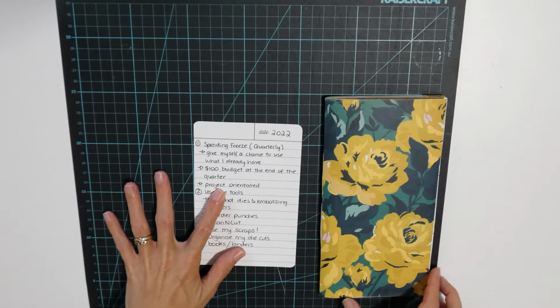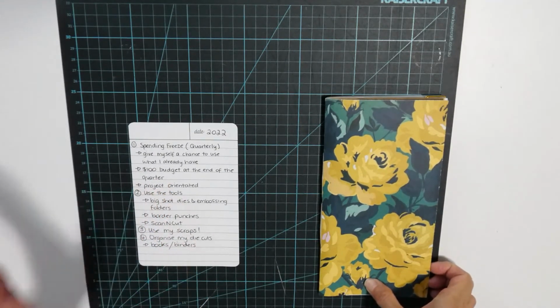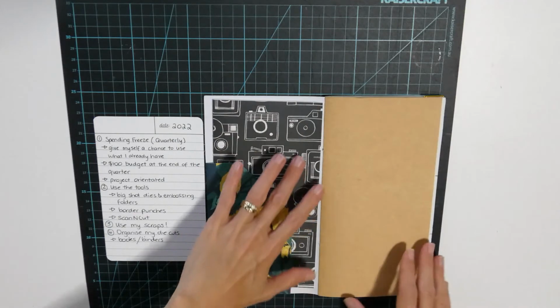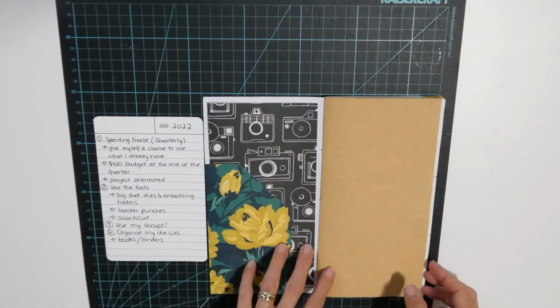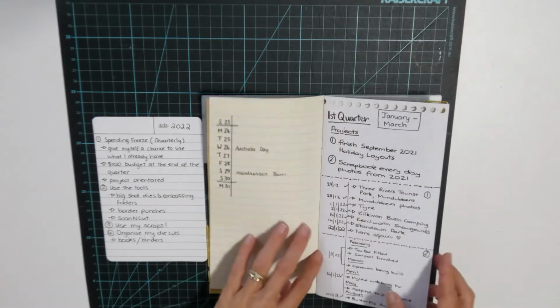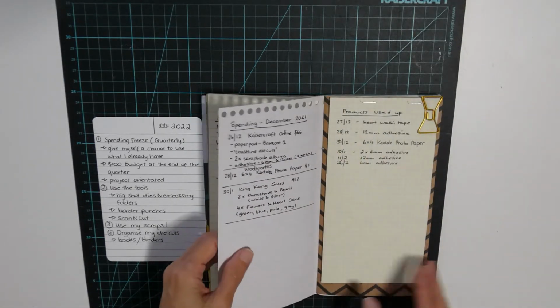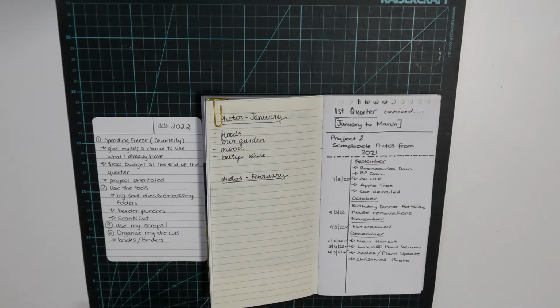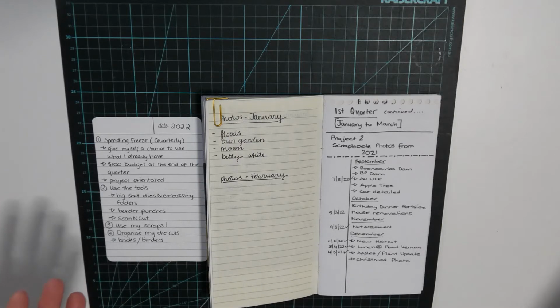Okay, talking about my projects. As you know, I completed project 1 quite well. Project 2, not so well. I've still got 8 layouts to complete. And as I said earlier, it's not because of the spending freeze. It was more so I was stuck and I wasn't sure on how I was going to